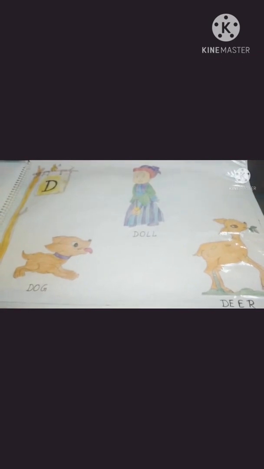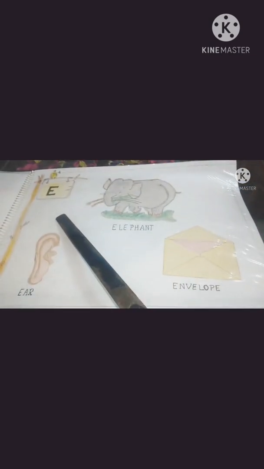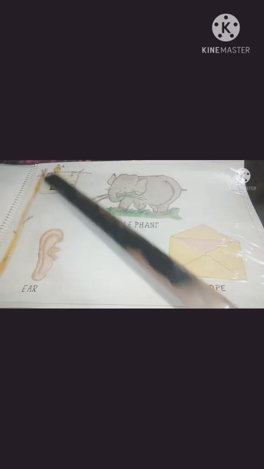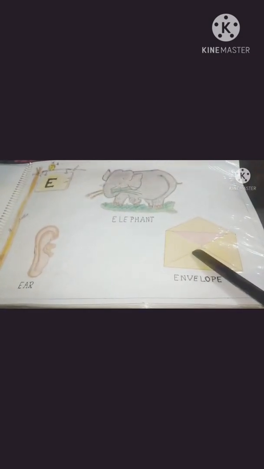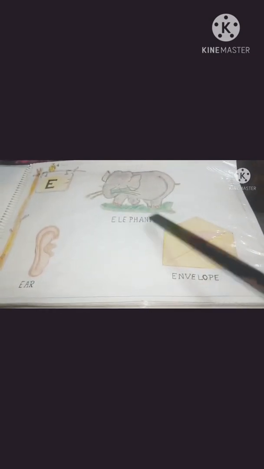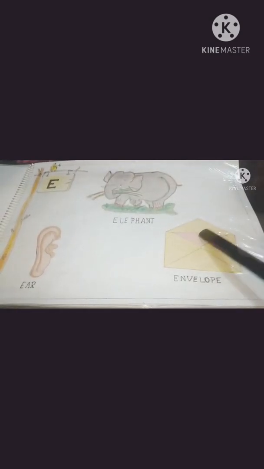After D, which letter will come? Yes, E. E for elephant, E for ear, E for envelope. I repeat, E for elephant, E for ear, E for envelope.